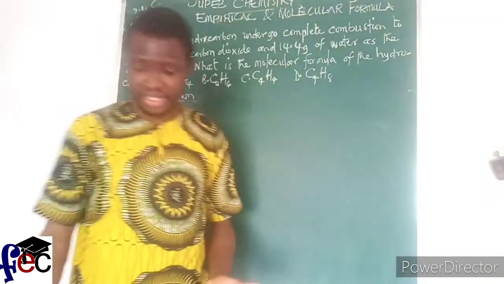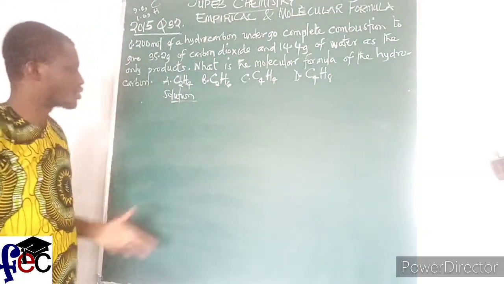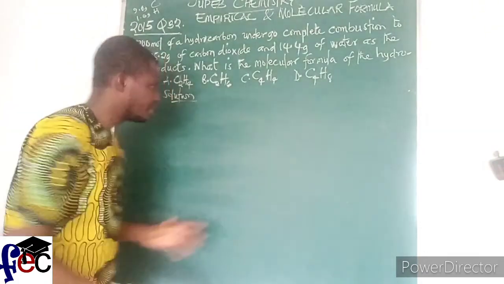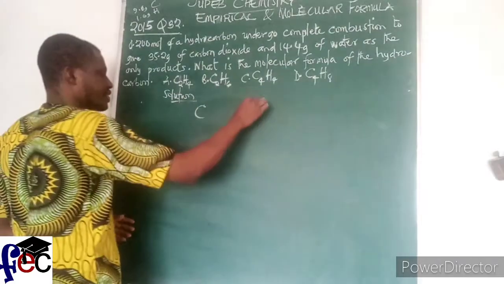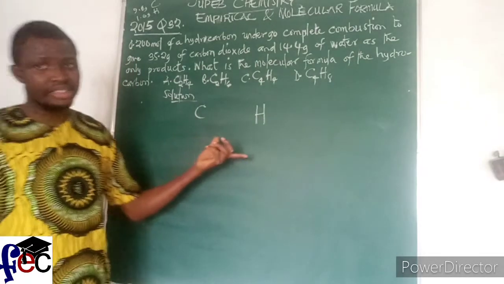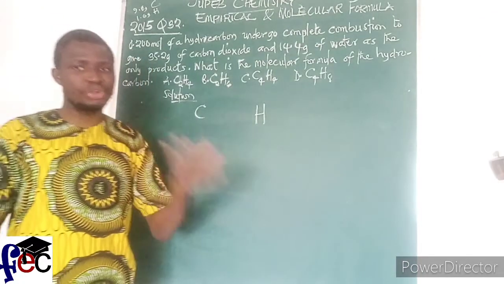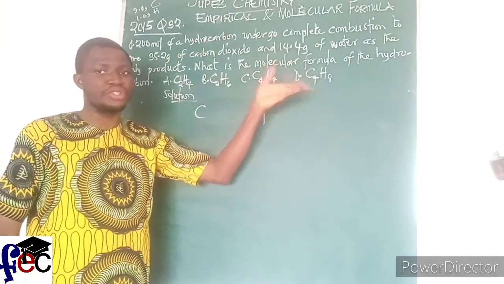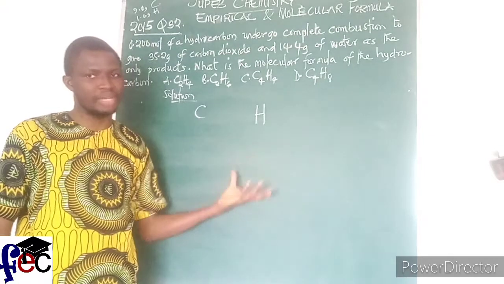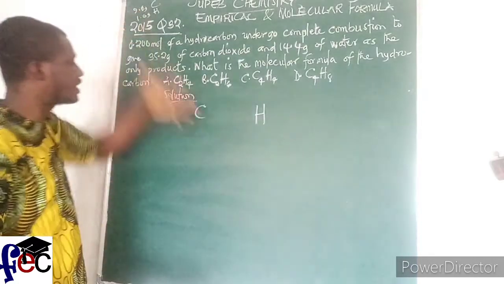Mind you, the solution is no longer as it appears, because I had to explain the procedure. All right, so don't forget what brought us into all of this is that we need the given masses of the component elements or atoms that make up that compound, or the percentage composition. They didn't give us percentage composition, but they gave us information that could help us get their corresponding masses. That was why we had to take that approach. Now that we have gotten them, we can now import.